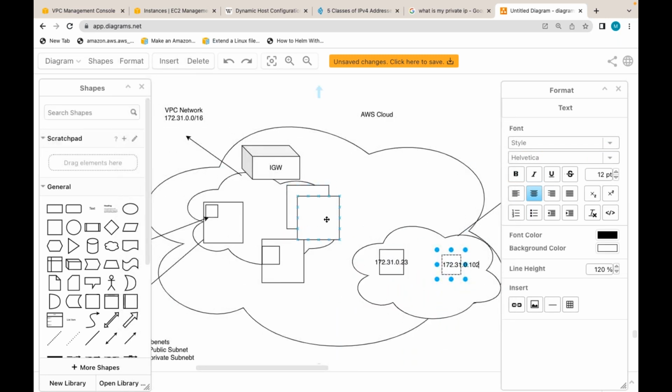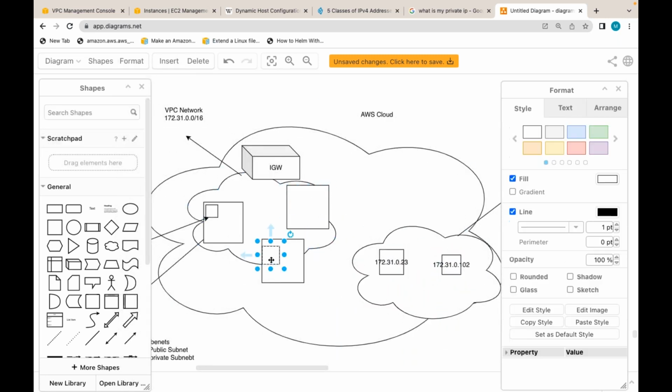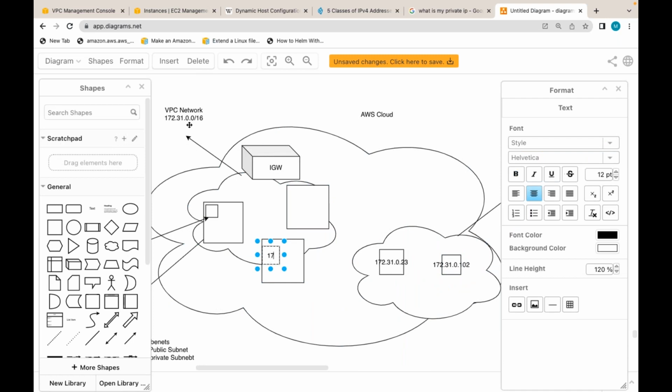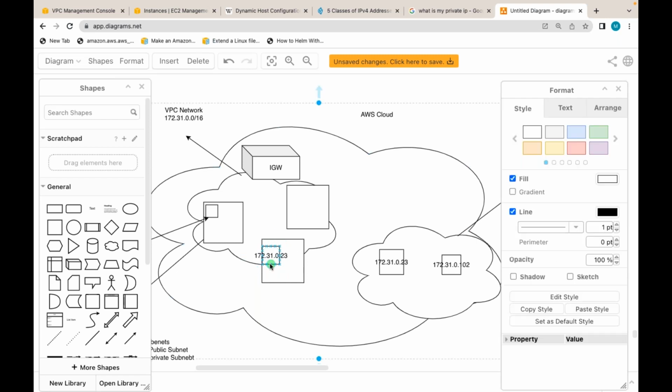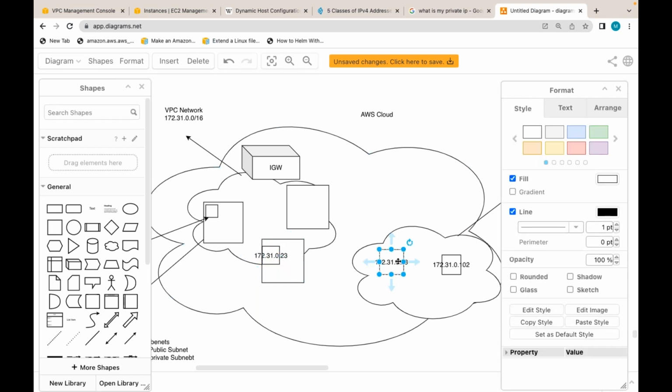Now here also I am creating some servers, in the other network. Is it possible like this? Can this server also have the same IP? Because this is a different network, this is a different network. This is allowed. But